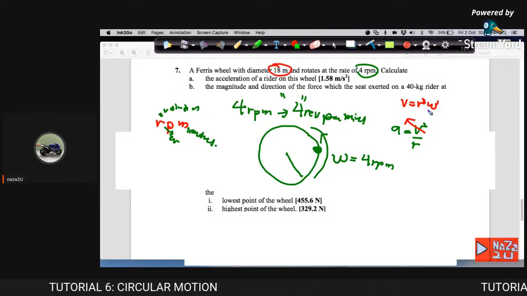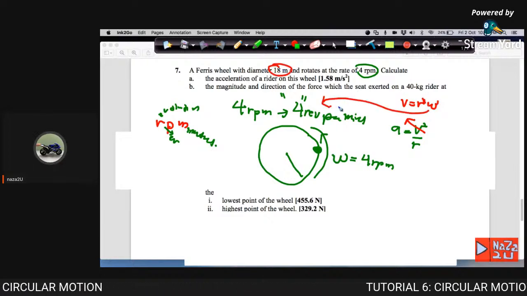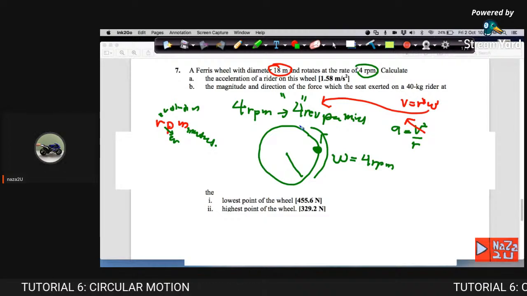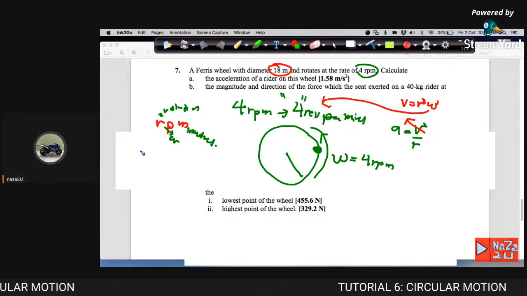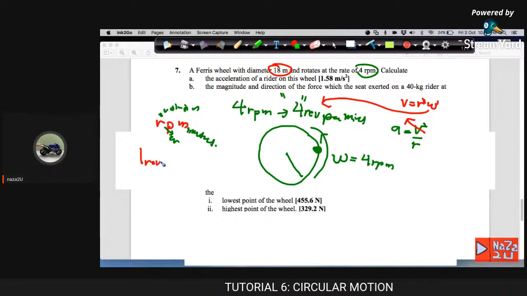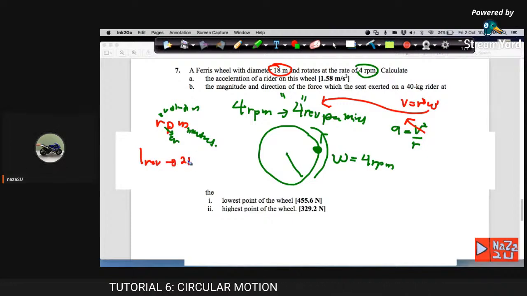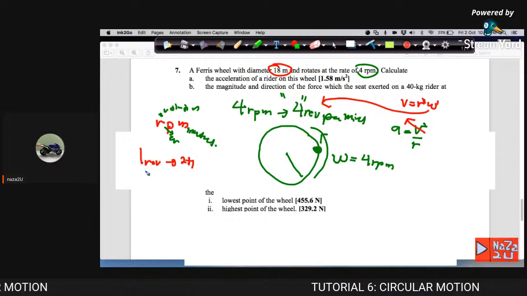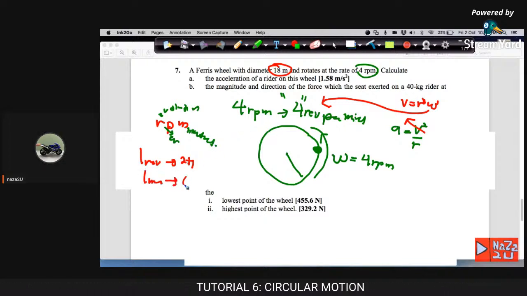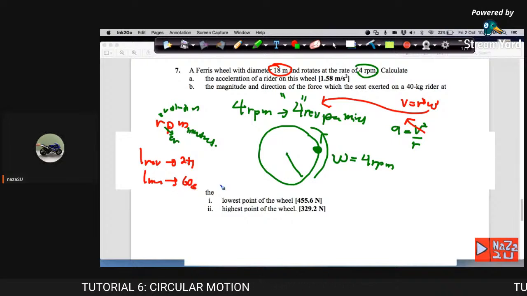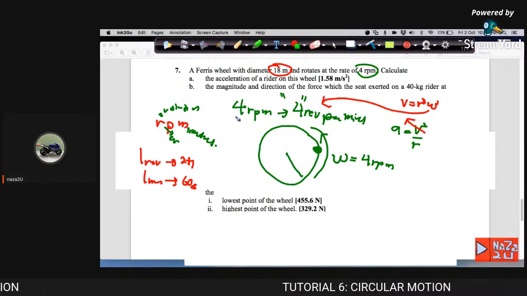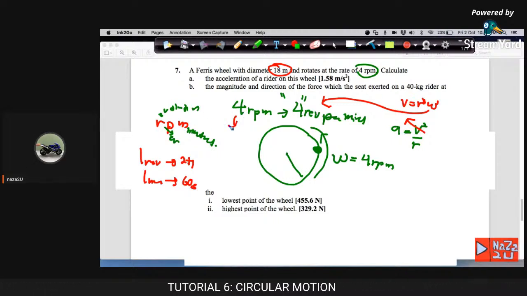So R is the omega. Omega refers to the 4 RPM. But you must change to the SI unit for the revolution, 4 RPM. So one revolution is equal to 2 pi. Per minute, convert to the second: 1 minute is equal to 60 seconds. So now here is just the omega, 4 RPM here is equal to